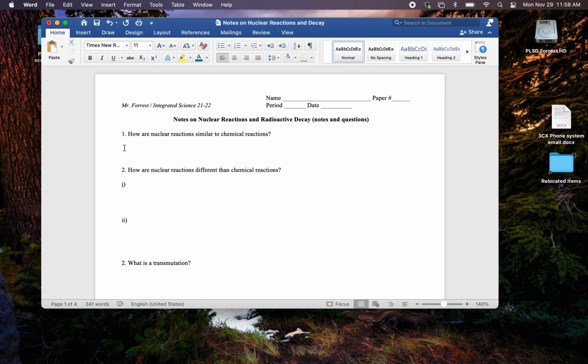So in this particular case, nuclear reactions and chemical reactions are similar in that these both occur on an atomic scale. In other words, in atoms. Differences here